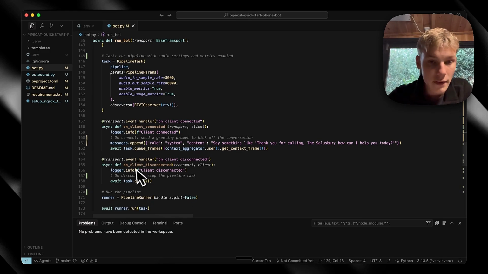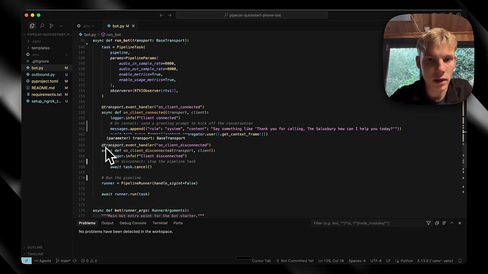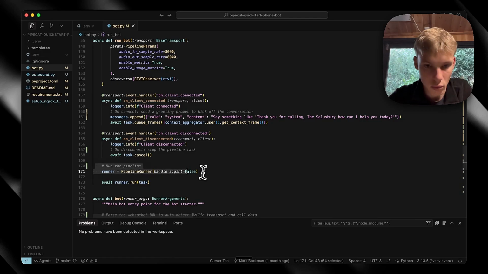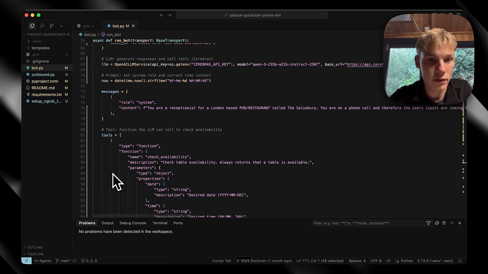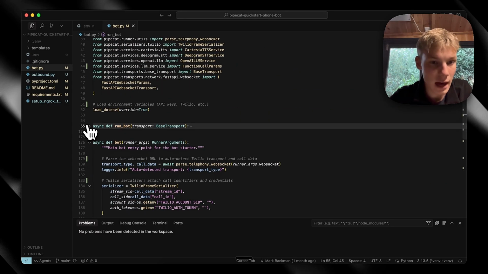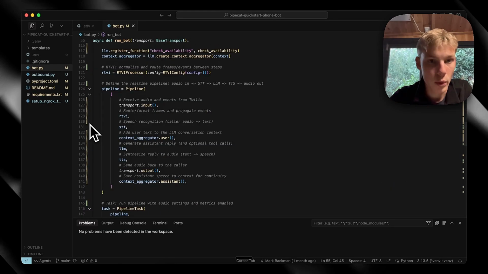Then what we have here is on disconnect. So when the client ends the call, we actually stop the pipeline task, and that is it. So here what we have is just the runner. So we actually run the pipeline, and then we define it. This is all, by the way, in this run bot section here. And now we have the next section, which is the